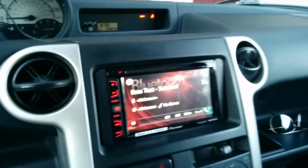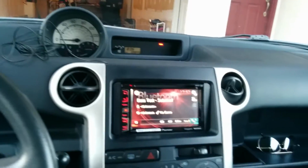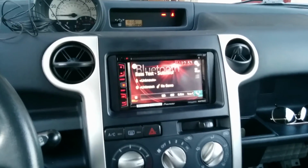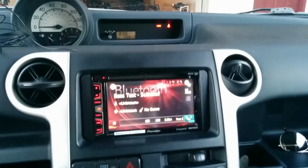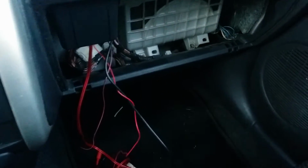I want to talk about something specific to the Scion xB. A lot of people have been asking, where is the reverse light signal for the camera when that turns on? I'm just going to show you that right now. I do have all the extra wiring coming out right to the right here. I'm just going to hide it. I'll put it through the carpet or whatever. But as for now, I just wanted to talk about the